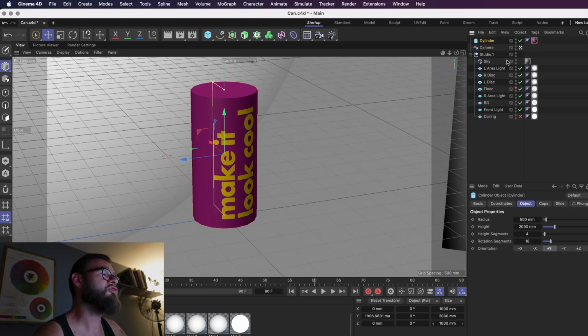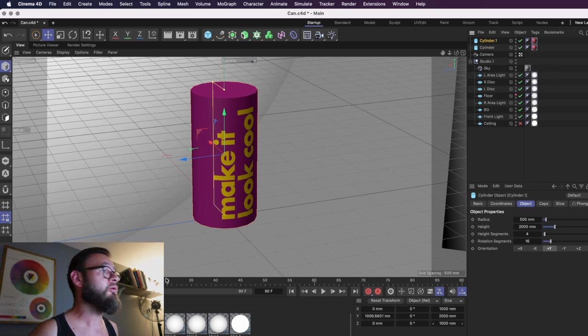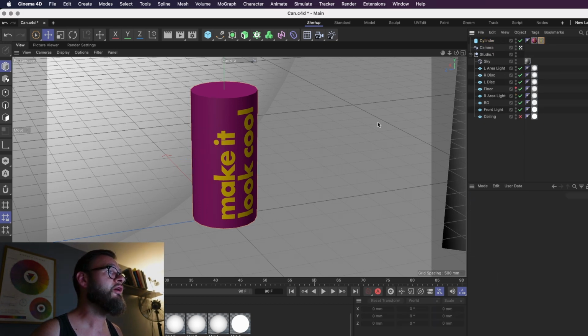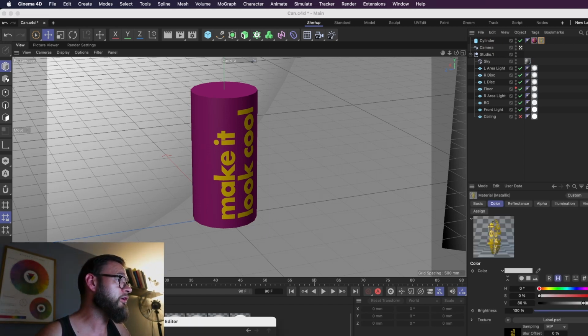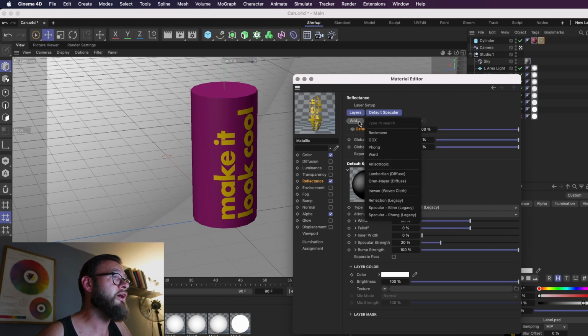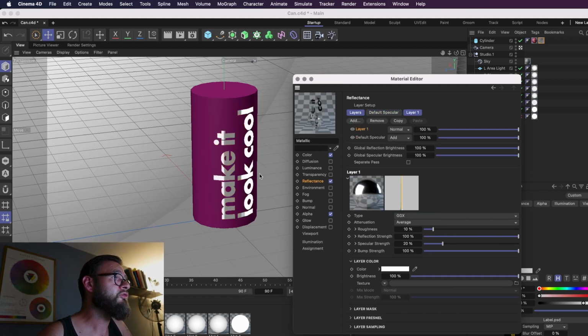What we need to do to apply this exactly over where it was before, so it lines up perfectly, as if it was real life printed, is copy paste the entire object. And what we do is drag the metallic onto this here, and then drag this down here. That way we can delete this, and although it doesn't look any different, once we apply some reflectance, so we're going to add a GGX here, all of a sudden we've got this reflectance thing. So if I was to delete that,